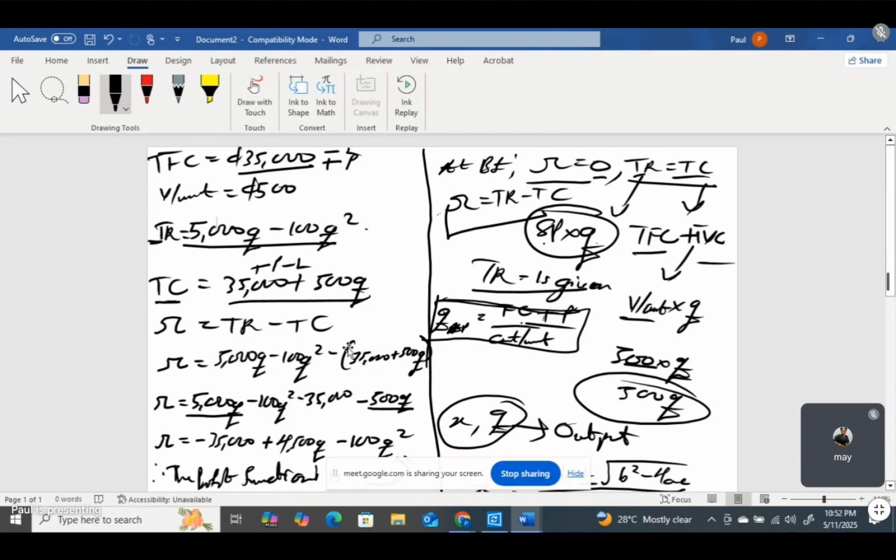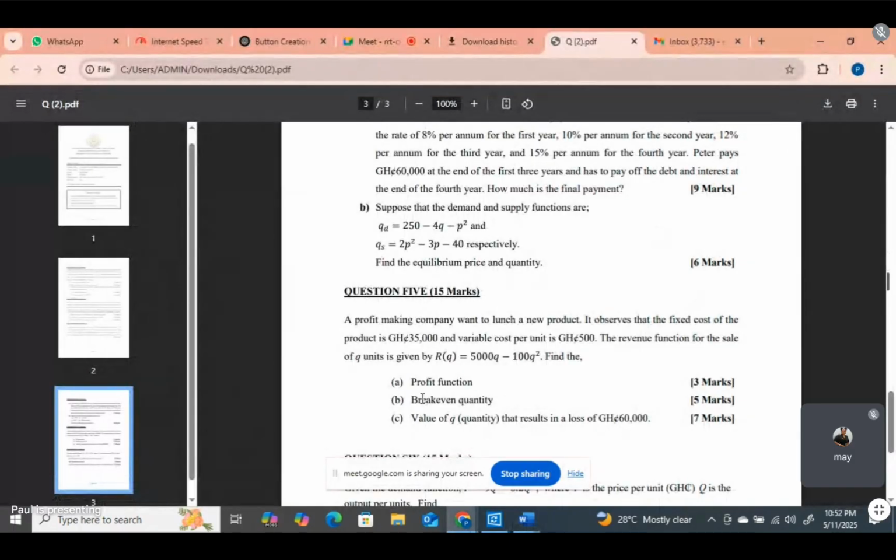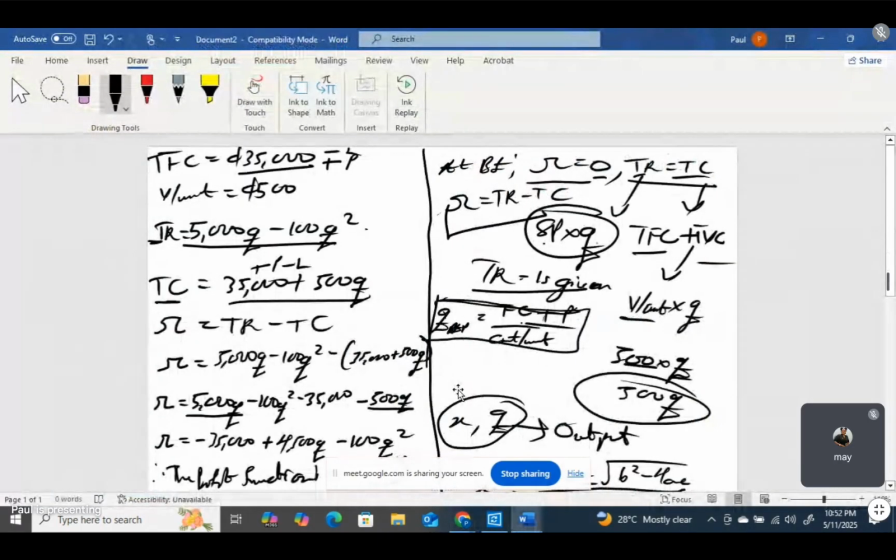That's part A. It says find the profit function. If they don't ask you to find the profit function, it's not really important that you find it, because the question didn't require it of you. If the question asks you to find the profit function, that's when you find it. But if you are not required, don't do it. You are wasting time. This question is requiring it. So profit is total revenue minus total cost. I bring the total revenue, which is 5,000Q minus 100Q squared, minus the total cost,